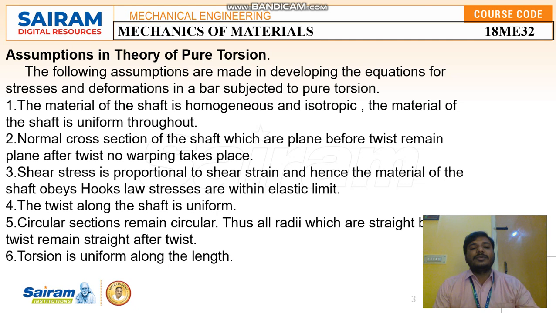And the next one is that the twisting along the shaft will be uniform. Always the shaft will be uniform only. Uniform is nothing but it should be in a continuous process only. Next one is circular cross sections remain